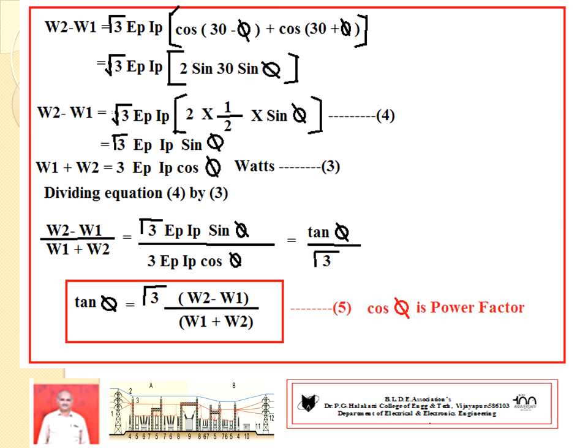Hence you frame the expression for tan phi. Tan phi equal to root 3 into W2 minus W1 divided by W1 plus W2. Hence we know the tan phi. Therefore the phase angle phi equal to tan inverse of root 3 into W2 minus W1 divided by W1 plus W2. Once we are able to calculate the phase angle, then cos of the phase angle is the power factor. So this expression 5 is very important for coming problems. So all of you work out, practice. Thank you to one and all.